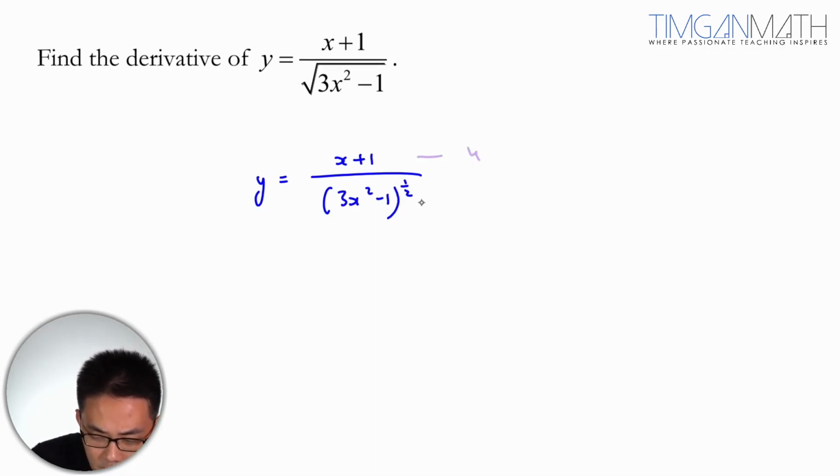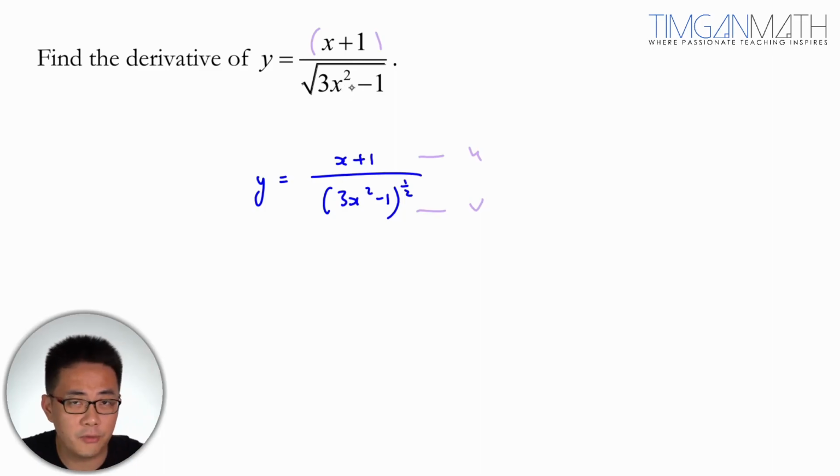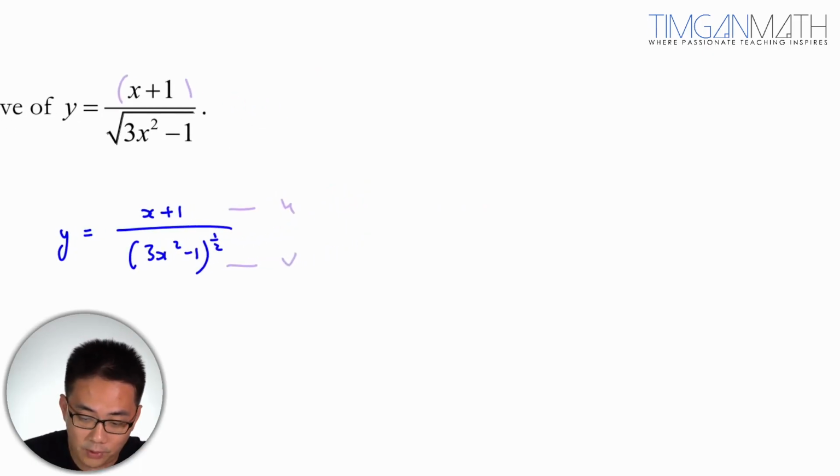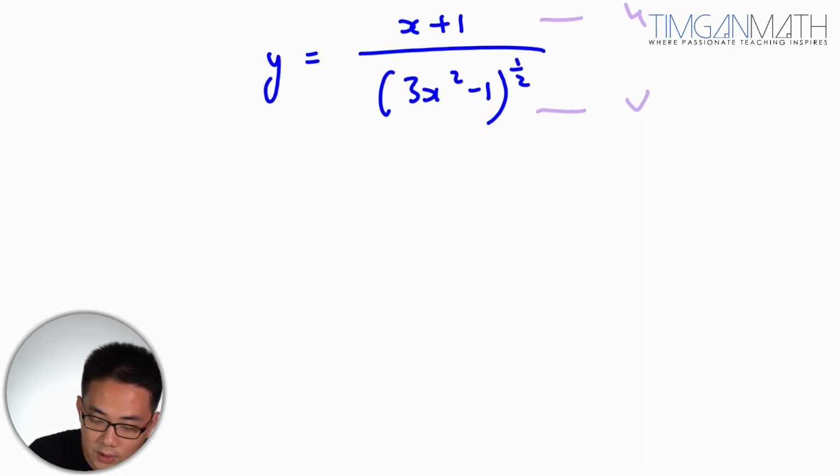I'm going to use the quotient rule because this is a fraction, a division between two variables, right? So we're going to use the quotient rule, which is (v du/dx minus u dv/dx) over v squared. Okay, so in this case, I'm just going to put dy/dx